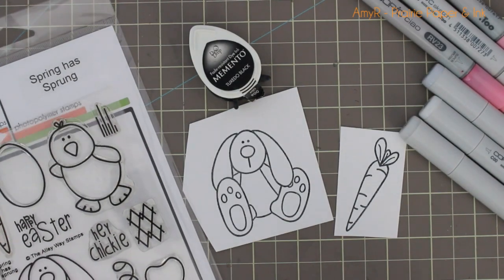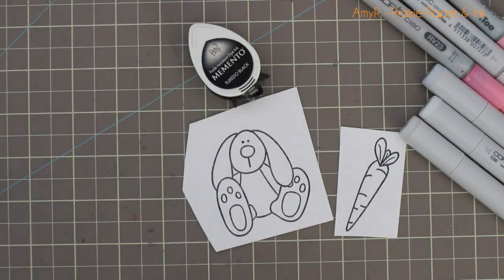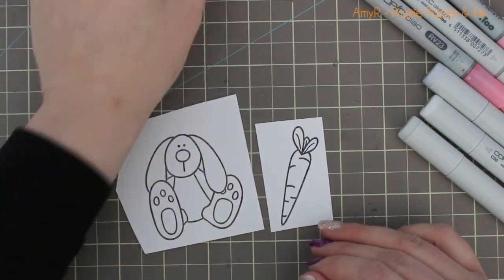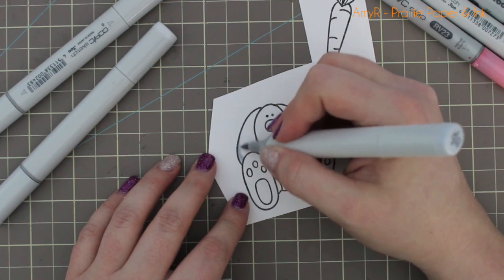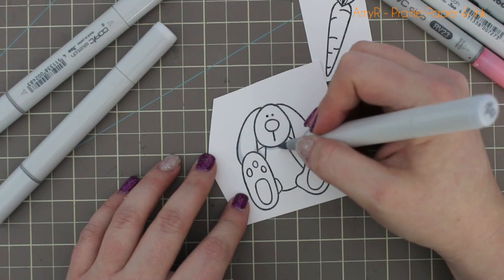Hello everyone! For today's Easter card I'm using the Alleyway Stamps Spring Has Sprung stamp set, and I had stamped the bunny image and the carrot image from the set onto some heavyweight Copic quality cardstock with Memento Tuxedo black ink, and I decided for the bunny that I wanted to leave him white, but you still want to